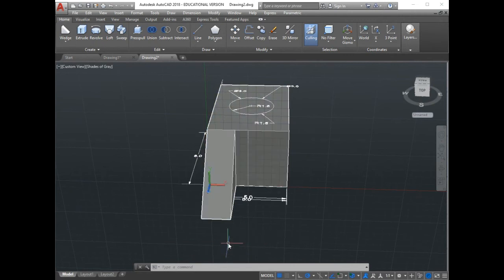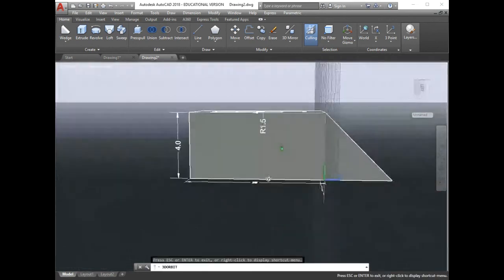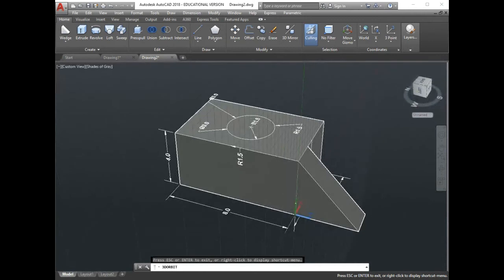You will notice that this surface is inclined, right? How can I put some numbers which are aligned with that one? Very simple. You know how to do it. First of all, you locate your object in the best location, and then